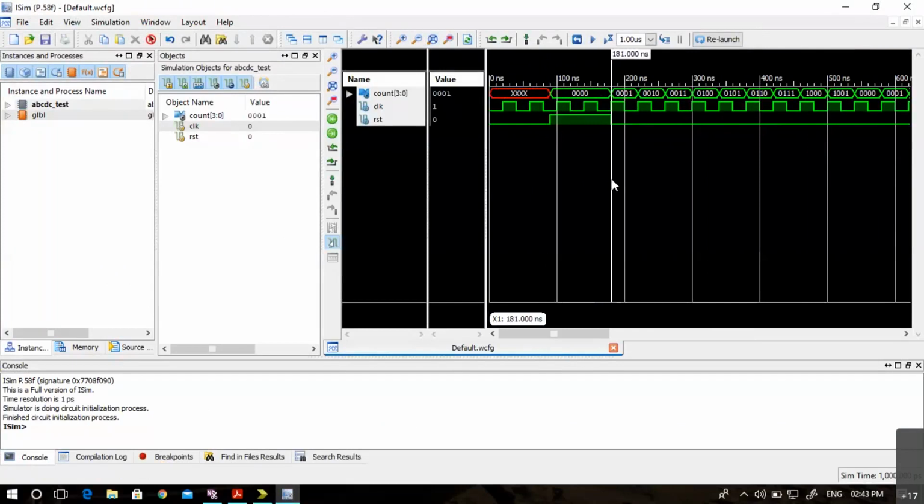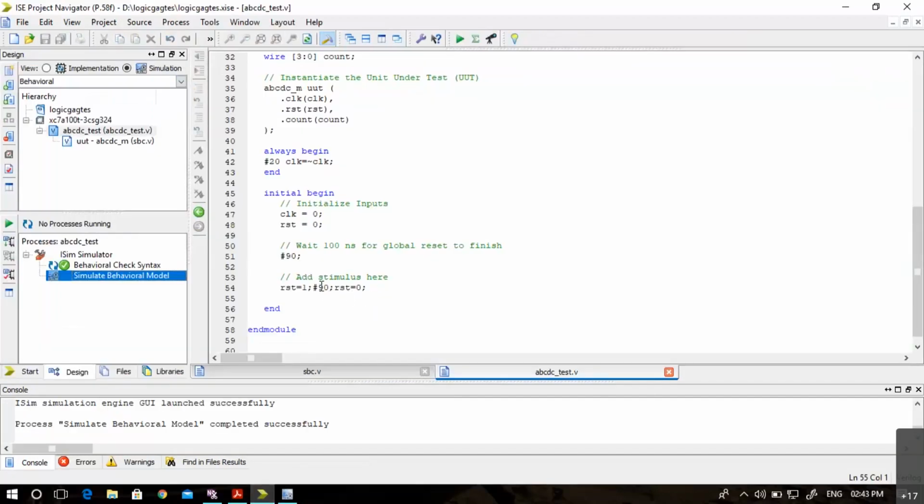Here also you can see it is asynchronous. But exactly I did not change it here somewhere. Yeah. So I'll have to change it now. Let me change it. Let me make it as 8.